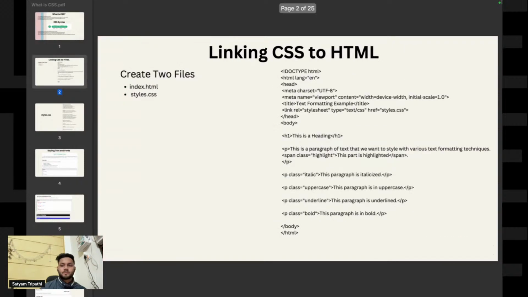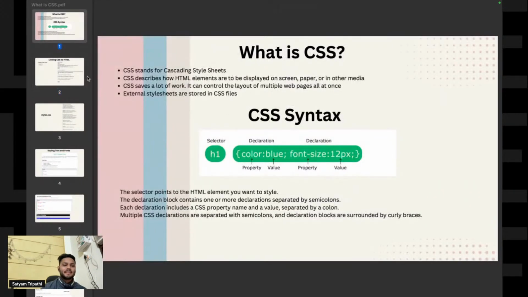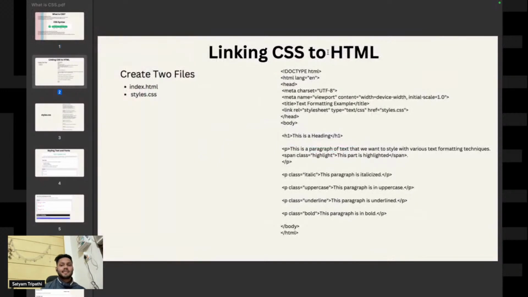Now, after that, we have one thing. If you write CSS, how can you link CSS to HTML? So you first have to create two files. The first should be index.html and the second one should be style.css. Okay. Now, what we basically have to do,